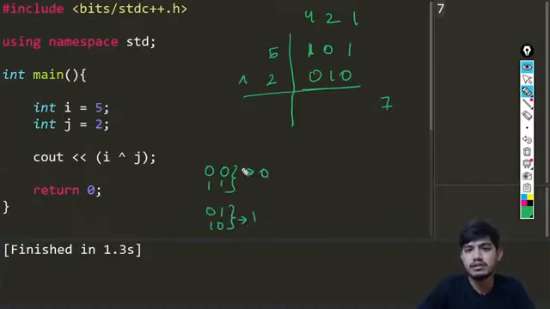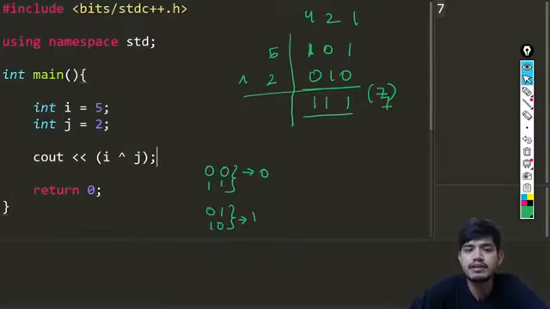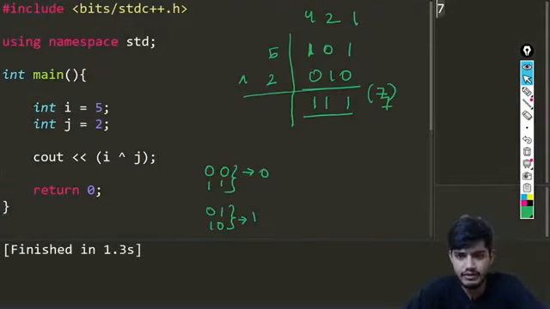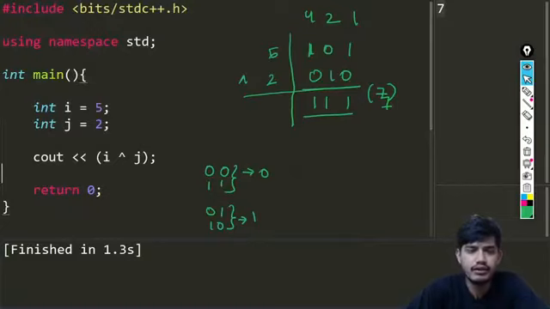So you can easily see if we are trying to do XOR operation of i and j, which is nothing but 5 and 2, you can easily say all of them are different. So which means we'll be getting this, and this is nothing but the output 7. If we just try to run this code simply, we'll be getting the value as 7, which is what we got now. I hope it is not at all difficult to understand what is going on.